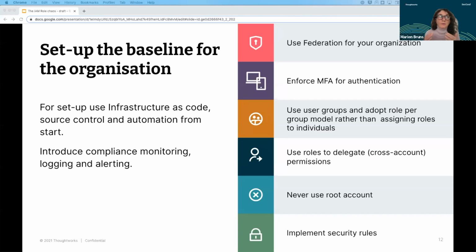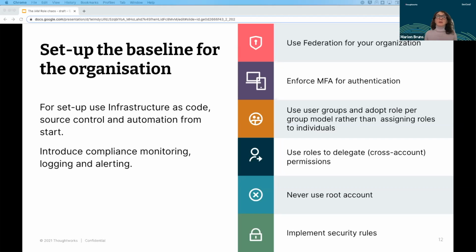And again, for setting all this up, you should always use infrastructure as code. Never do something manually. Use infrastructure as code and automate everything. So no step should be really done manually. First of all, it is not scalable and you really get lost. And of course, also important is source control. You want to reproduce, you want to review what you have done so far and maybe adjust where applicable.